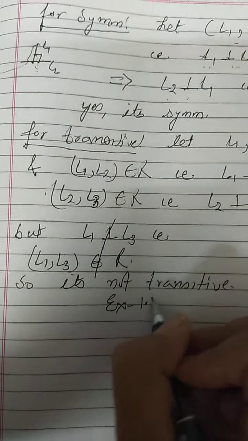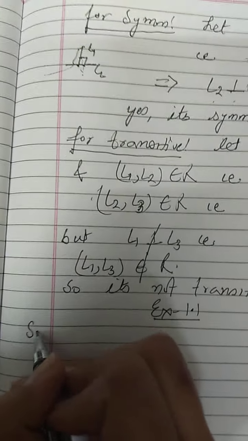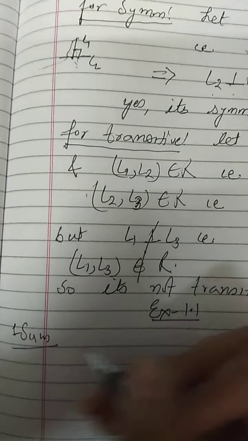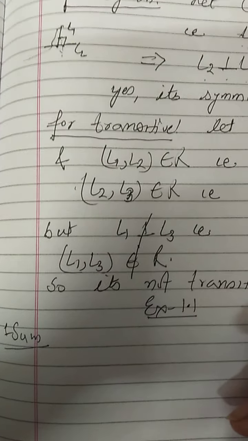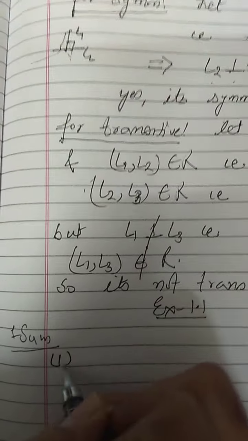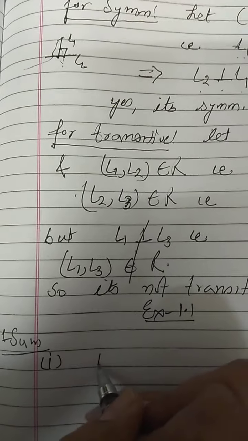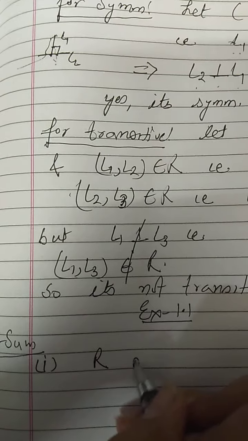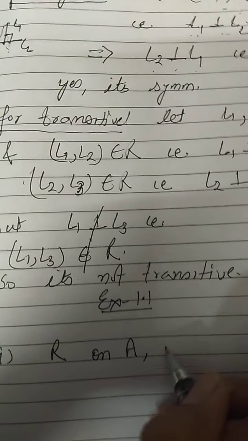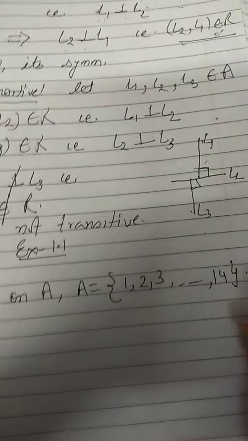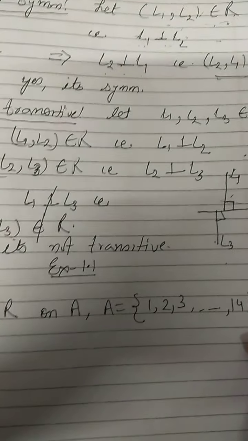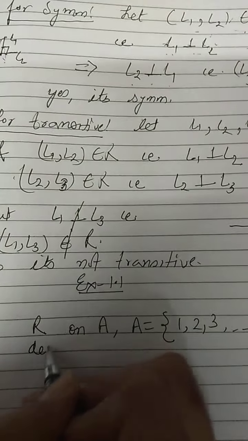In exercise 1.1, the first sum we will start with. In sum number 1, it is given: determine whether each of the following relations is reflexive, symmetric and transitive. So let us do the first part here. The relation is defined on the set A, and set A is given as 1, 2, 3 and so on, the first 14 natural numbers, right? And the relation is defined by,